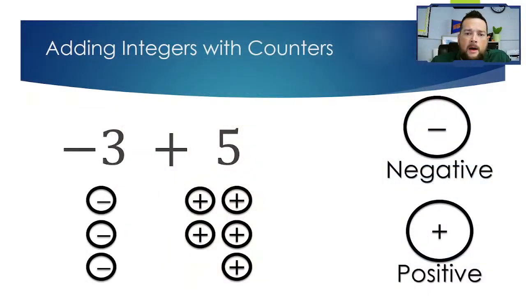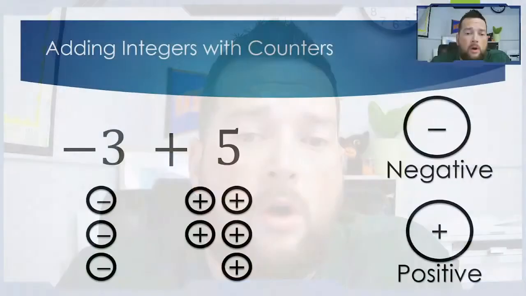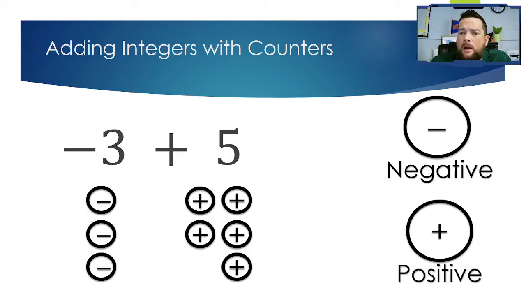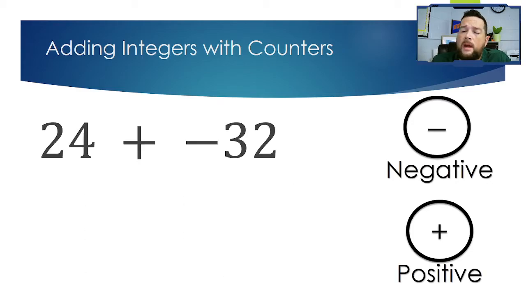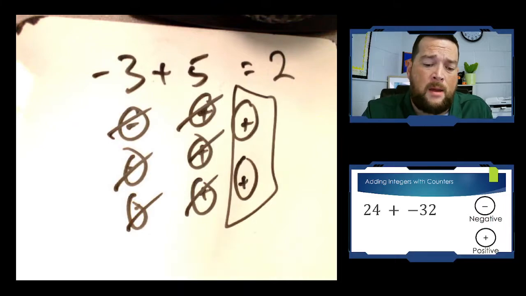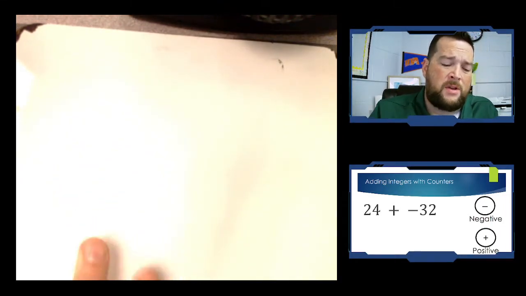All right, and counters are really great for when you're trying to learn adding positive negative numbers from the very beginning with small numbers. But there's a breakdown with counters when you start to get to big numbers like this, all right? We could technically represent 24 positives and 32 negatives, all right? This one's not too big of a problem, all right? But it does get a little tedious to write all those counters,